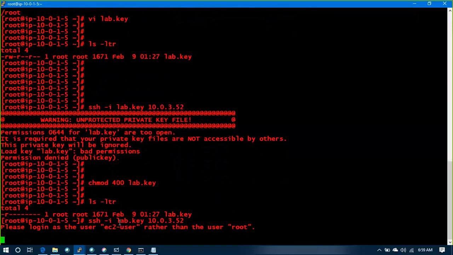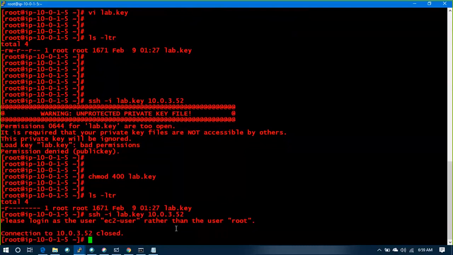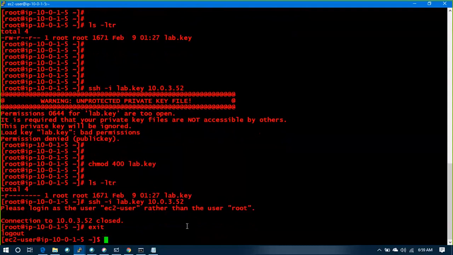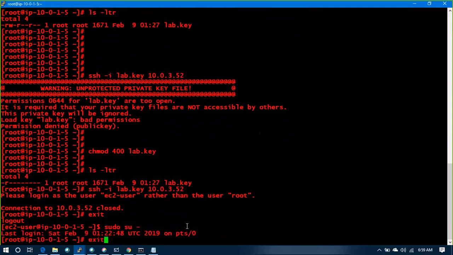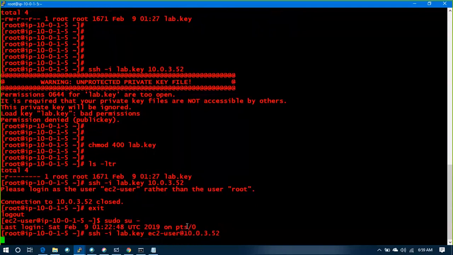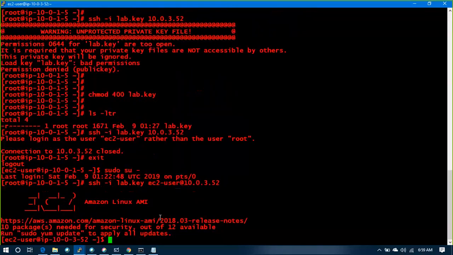SSH key. Please log in as user rather than root. Okay, so exit. Sorry. SU EC2-user at the rate. You see, now you are on DB server.